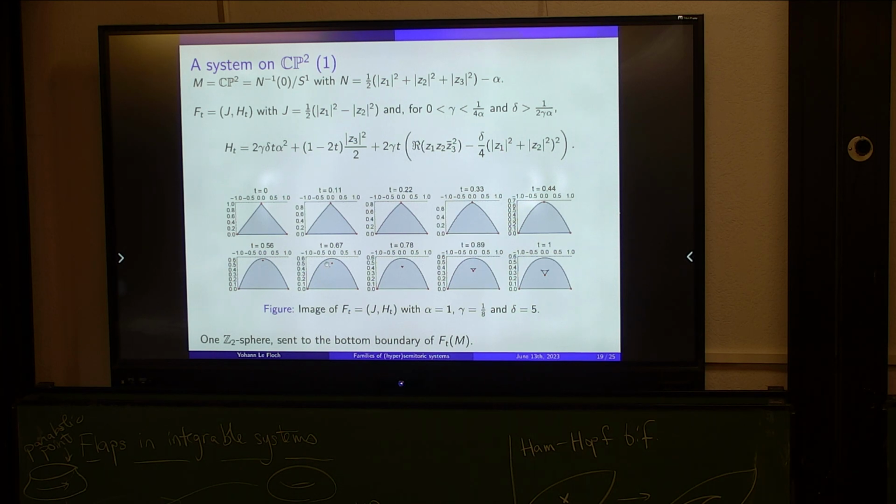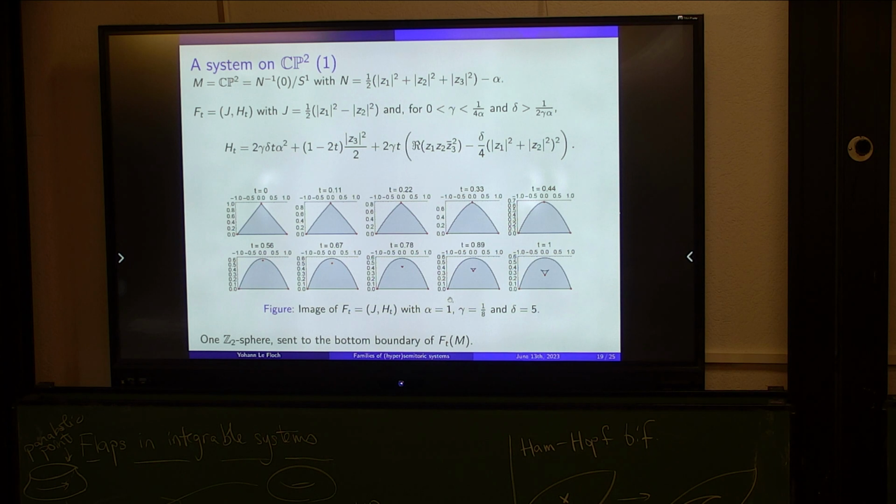Afterwards, it keeps staying focus-focus for some time. But then it doesn't go to the other boundary as predicted. It does something else. And what does it do? You cannot see anything here, I guess. Here it's a bit better, but here you can see there's a triangle attached to the red point. And Joey spoiled my talk because he already told you what this thing is. It's a flap. It's a flap with an elliptic point here and two parabolic points on the other vertices. And I will show you a better picture in one moment.